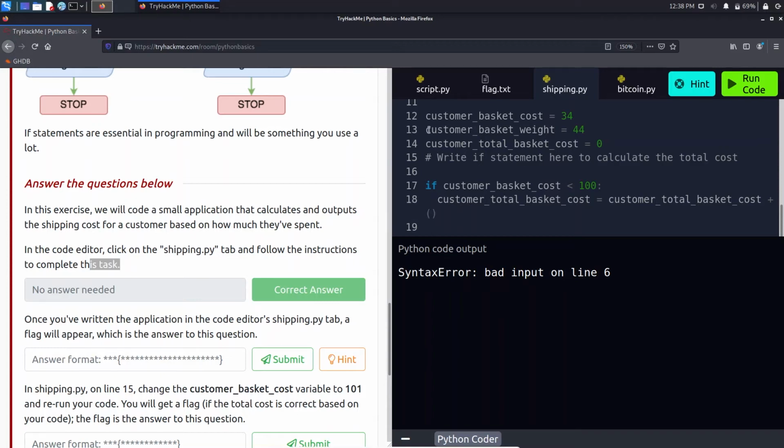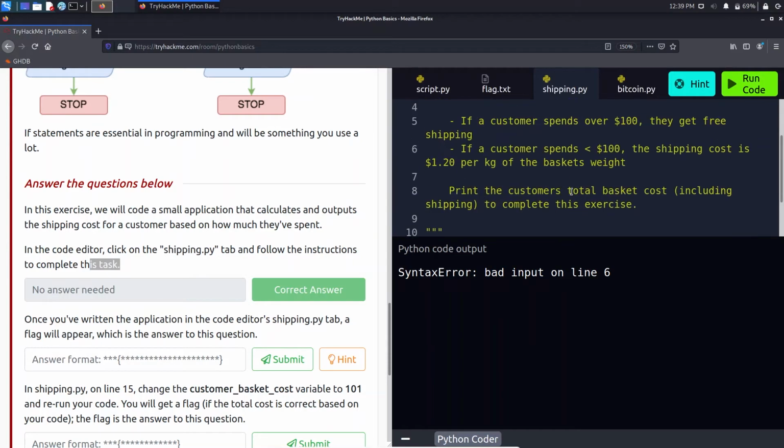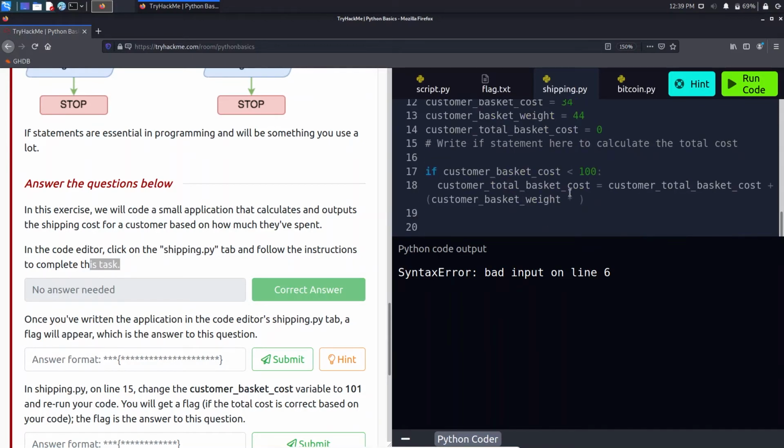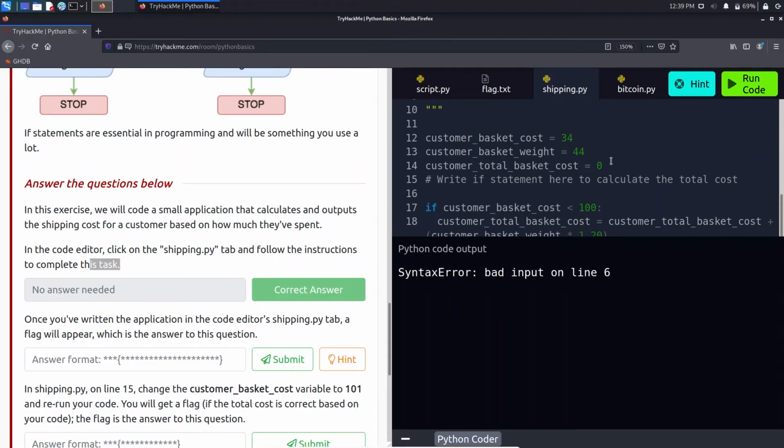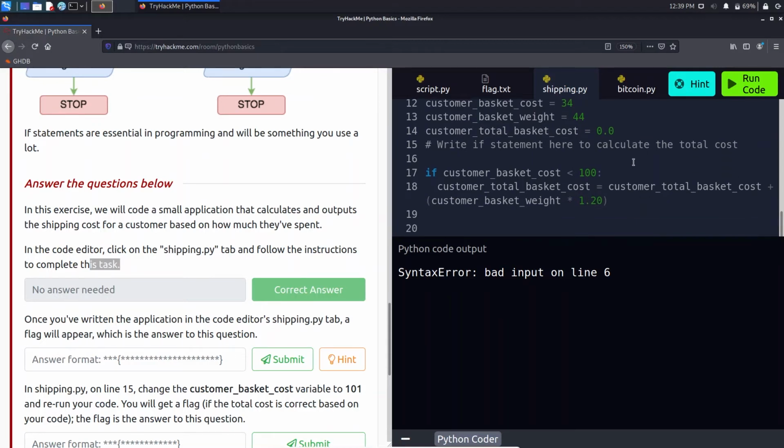It contains the customer basket weight per kg, that is 44 kg for now, multiplied by 1.20. This will be a float, so we'll just do 0.0 here so as to give a float.